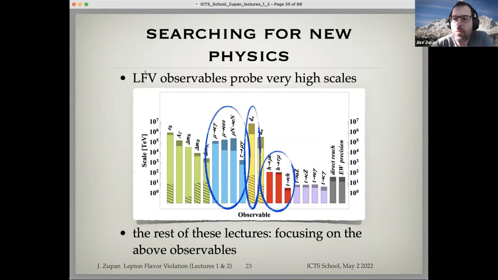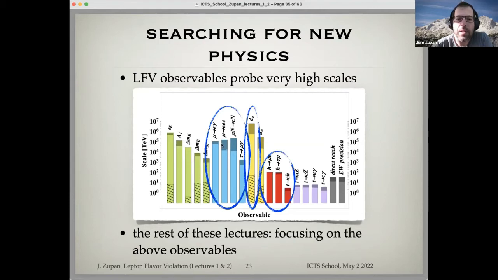All right, so now the next thing we'll do is look at different probes for the lepton flavor violating observables. If I translate this in terms of the scale that is being probed, this figure here has many different probes. So from the quark sector observables, epsilon K, that's delta m_K, delta m_B, delta m_Bs, I think you covered at least some of those. The scales you see are high, 10 to the 3 to 10 to the 6 TeV. There's comparable sensitivity from the charged lepton